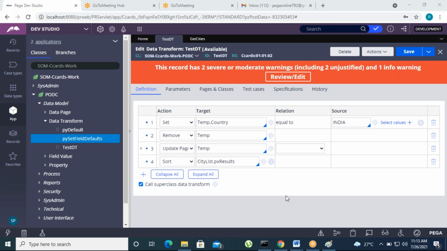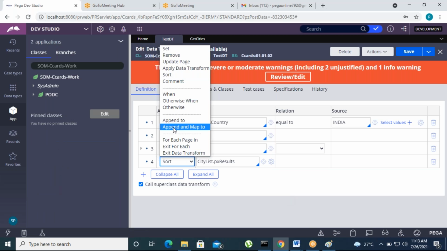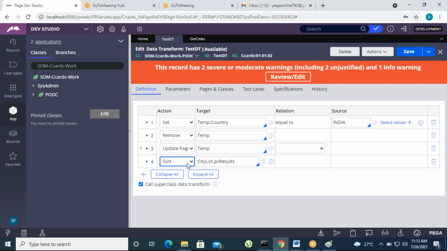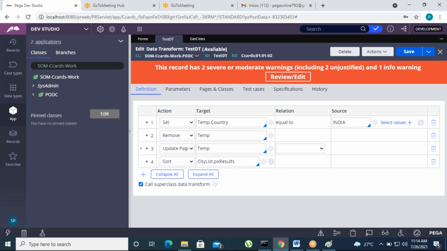Fine. So let's move on to the next one, appending and append map to. Very important, this one. Then we'll complete this, and then the when conditions, when and otherwise, we can use for visibility. Suppose you want to apply any visibility condition, then we can go and apply it. In coming classes, we'll discuss where you can apply when and otherwise. When is nothing but a boolean value, true or false. I told you how to apply the visibility condition at layout level and property level, right? Through when conditions it is the same.